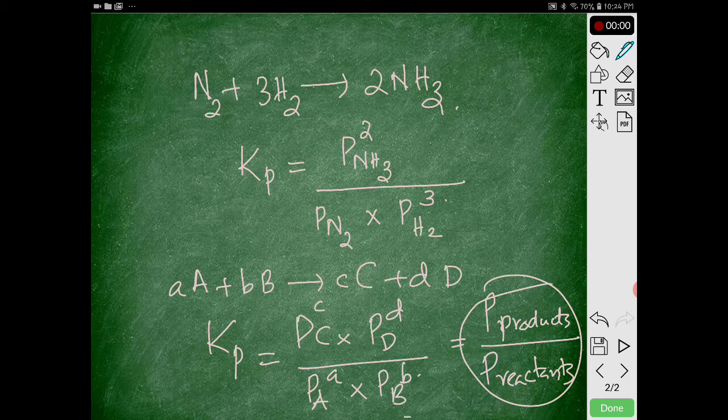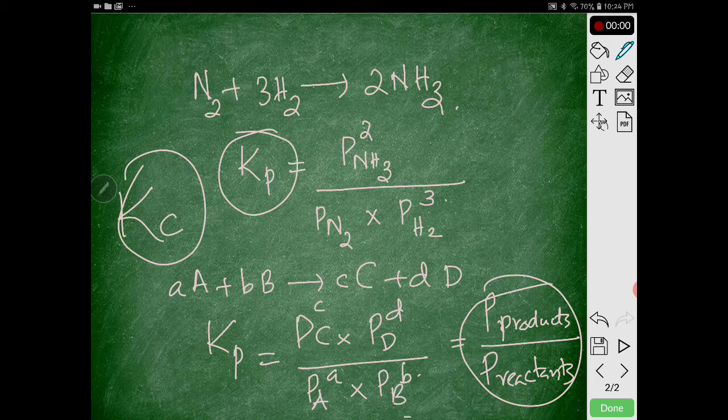So partial pressure is another way of expressing the active masses. We were discussing Kc in the previous class, now Kp. So the question arises: which will be greater, or how do you compare Kp and Kc? The equilibrium constant in terms of partial pressure or the equilibrium constant in terms of molar concentration. Before that, I am giving you a small assignment.